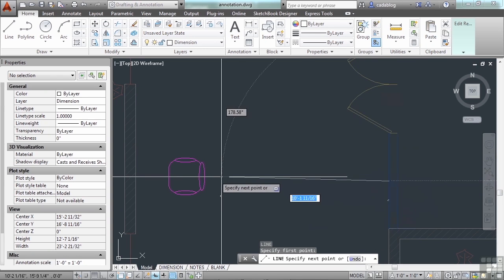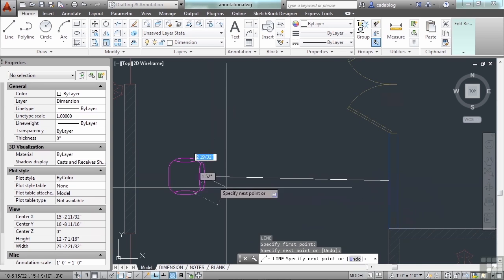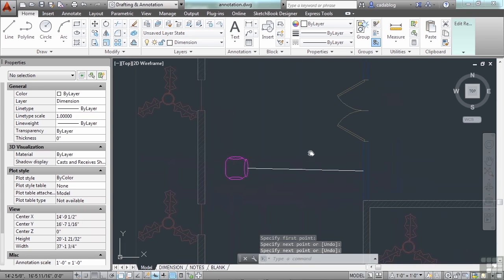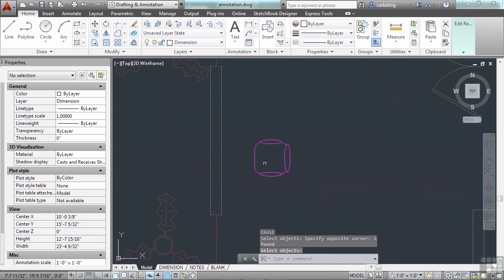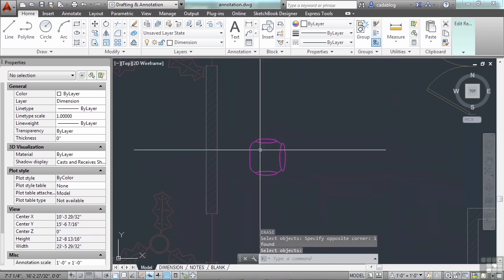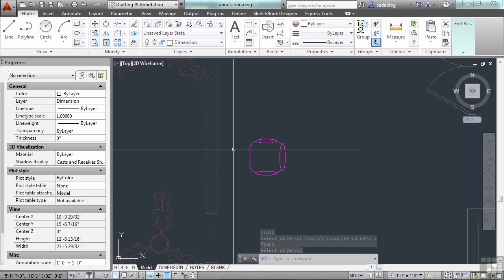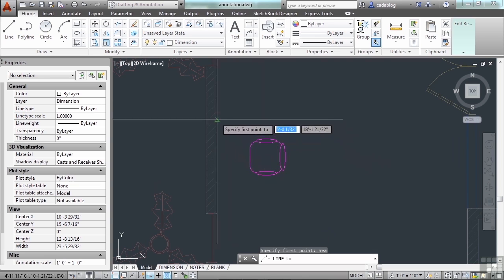Now, what I'm drawing is going to be a part of the block, but this gives you the opportunity to, let's say I want to create a desk with the chair block, but I want to make sure that the chair fits against the wall properly. Start the line command, and I want to put it on this wall.